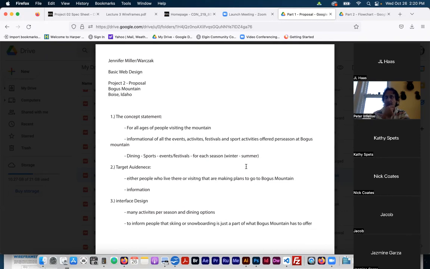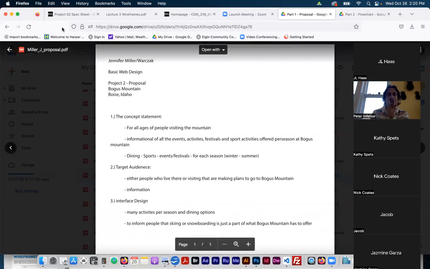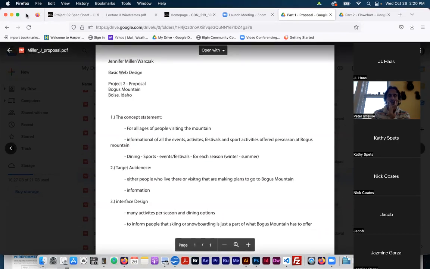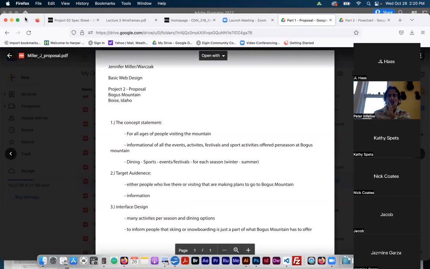Cool. Yeah, and so potentially this sets up really nicely then, you could organize this literally based on season, right? Well, that's where I did do my flow chart. It's in there. I did an about page, and dining is the next one, then entertainment, then sport activities, and then contact us. And I was thinking within those, I can go summer, winter. I don't know. Or should I do summer, winter? Yeah, no, I hear you. For me, if I were designing this, I would probably go based by season,